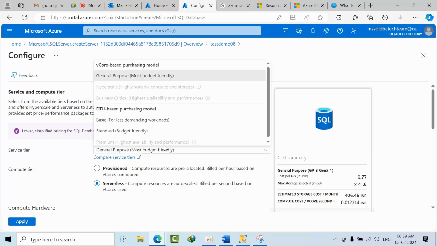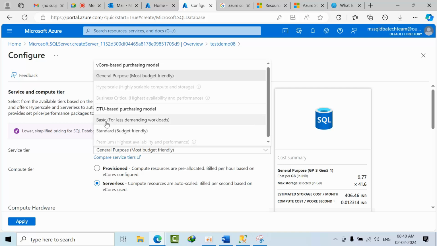Anybody please? It's a free subscription. Yes, good. So it's a free subscription. The intention of a free account is that Microsoft wants you to test or experience the SQL servers. If I give you the premium service, what is the amount? The $200 that Microsoft has given will finish in only 2 days. Then how can you experience it? That's the reason Microsoft has given some limitations.